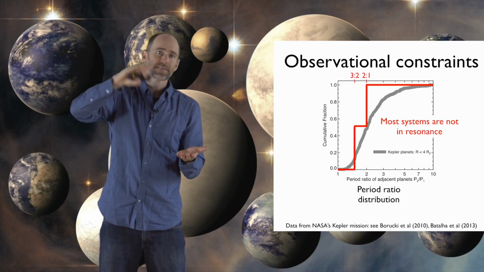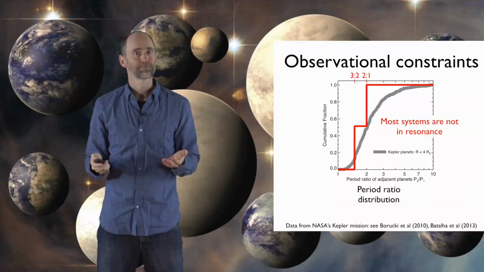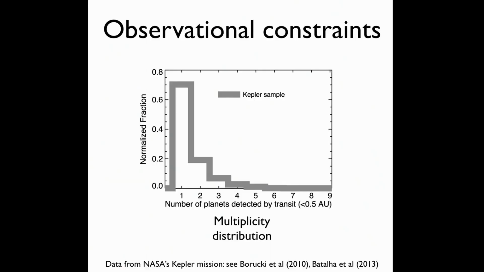And what's interesting to ask yourself is, does that mean that most super-Earths are alone, really alone? Or is it just that we miss other super-Earths in those systems, and they really all generally come in systems with many planets? The first model you might think of is that maybe those super-Earths just form where they are.